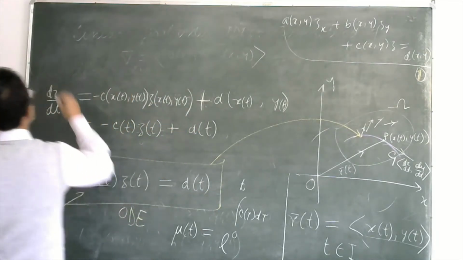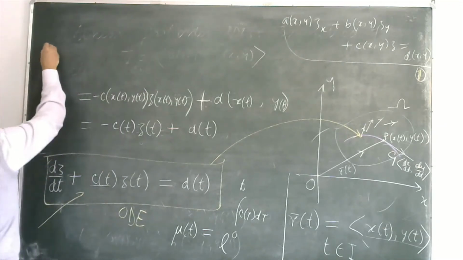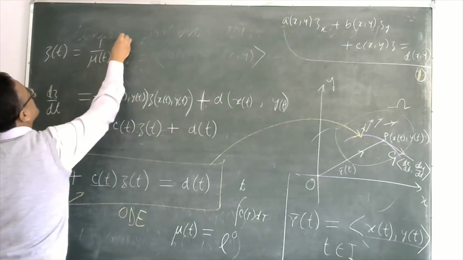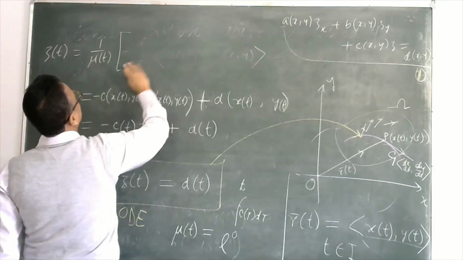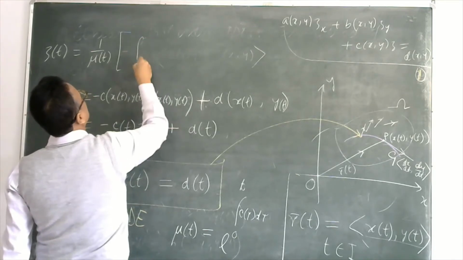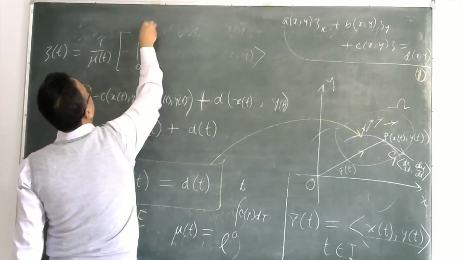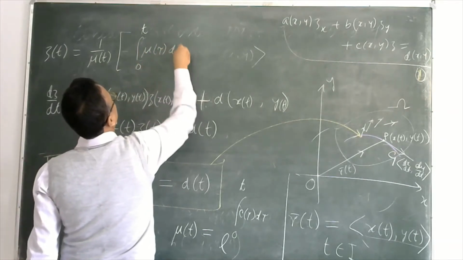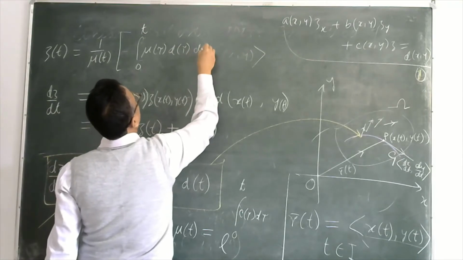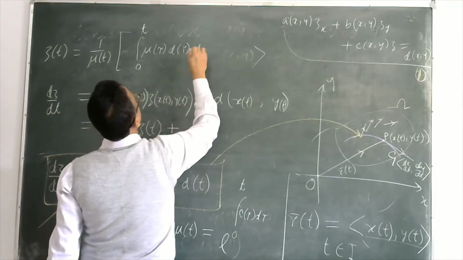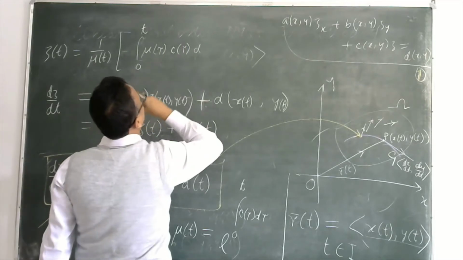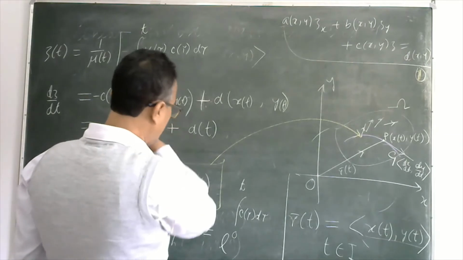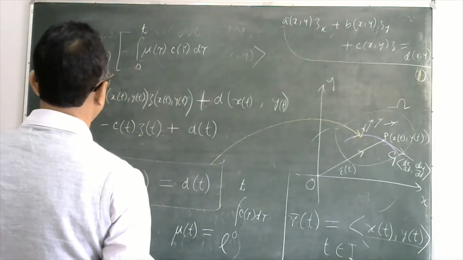So j(t) is going to be 1 by mu(t) times the integral from 0 to t of mu(tau)